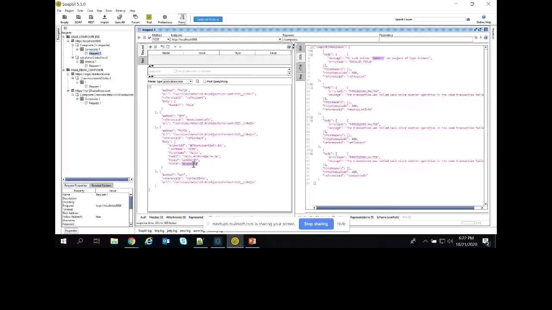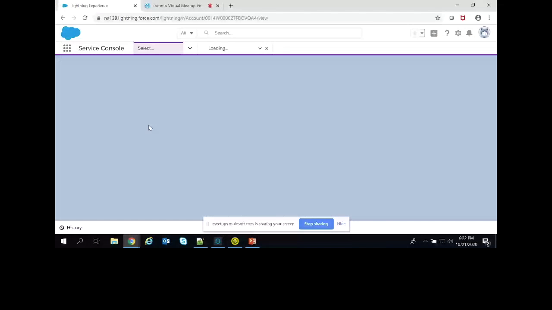Yeah, so I have unchecked it. See, for this particular account, because the name field is not there, it has been a failure, but for the other one I got a success. If I go to Salesforce, the mule account doesn't have the name 667, so it has been showing me the error that it is an invalid field. For the contact, I have just changed the title.